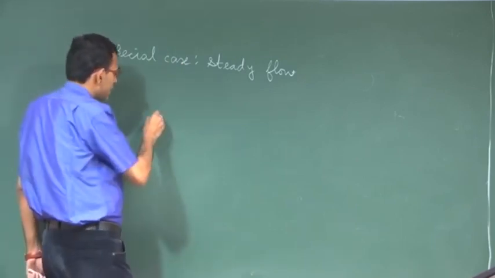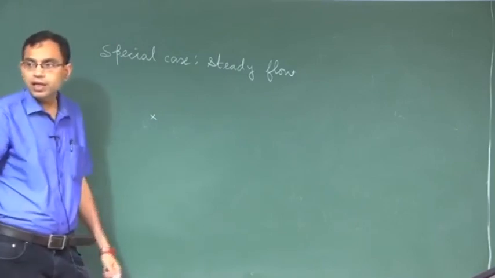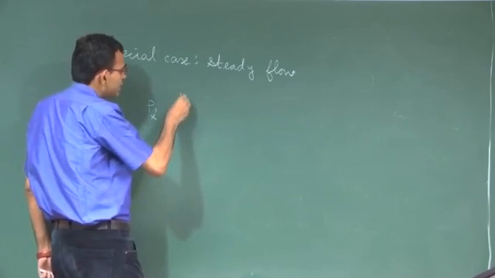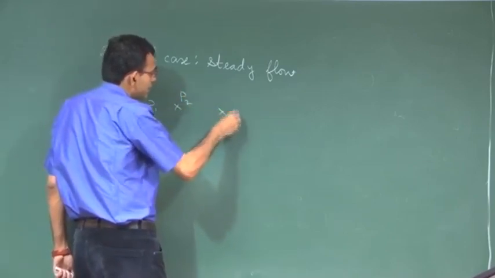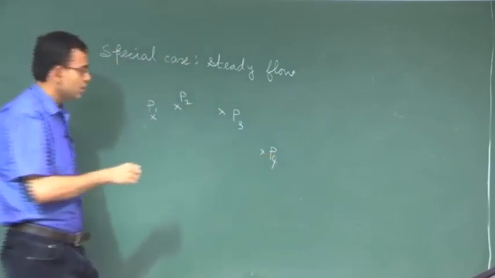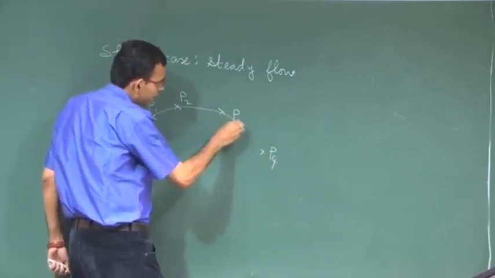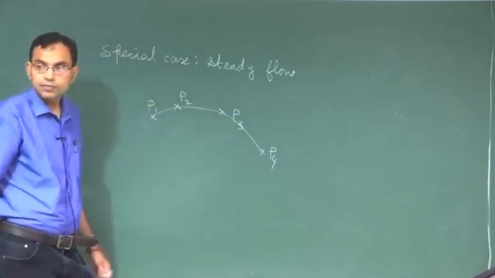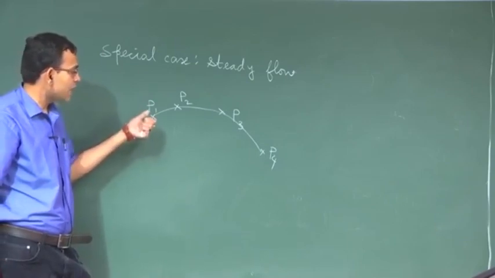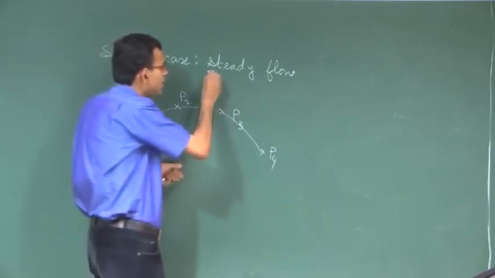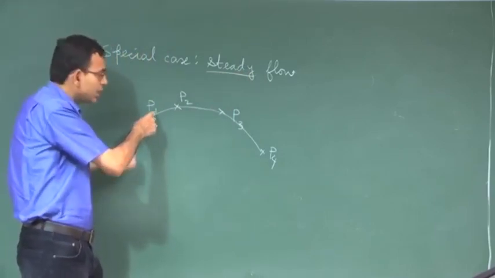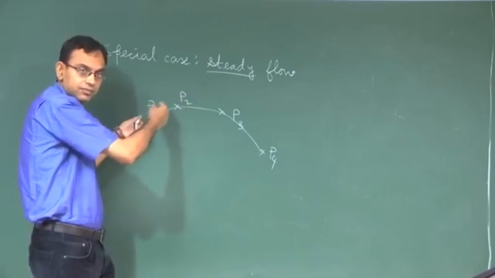Let us say there is a particle which is moving in a steady flow field. So, particle is now at P1, after some time it is P2, at P2, after some time it is at P3, after some time it is at P4, like this. So, the path line straight away is this one. Now, because the velocities are not changing with time at a given location, whenever the particle comes here, it will be guided in the same direction.